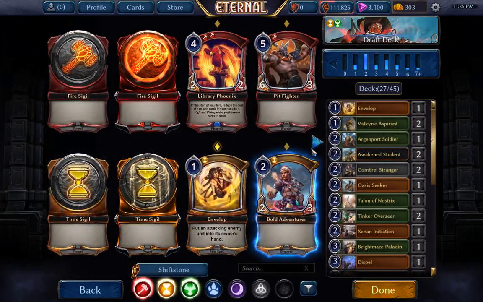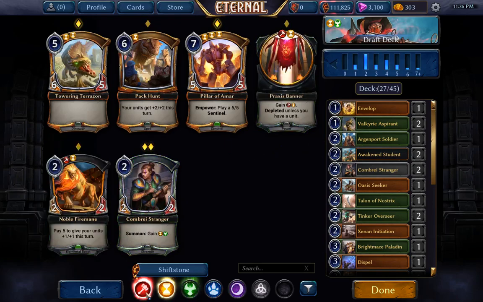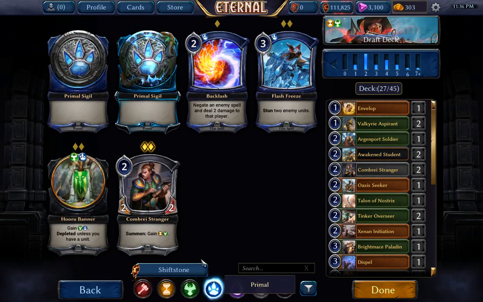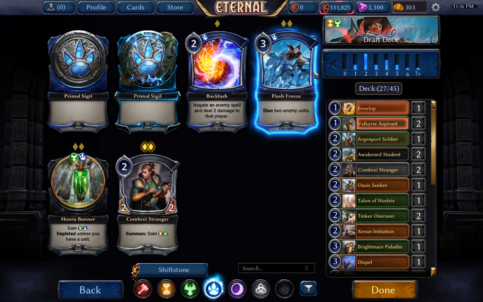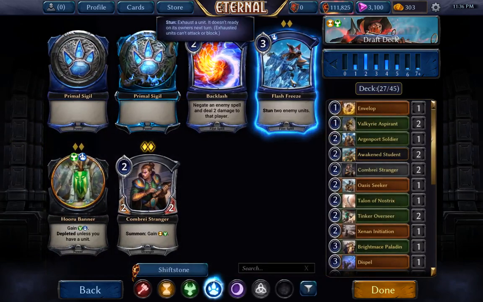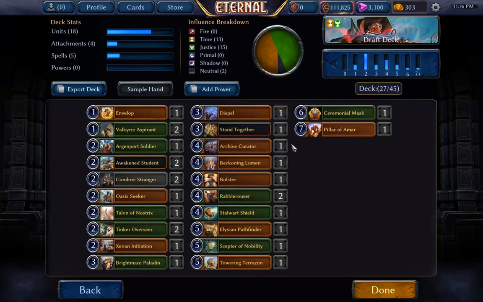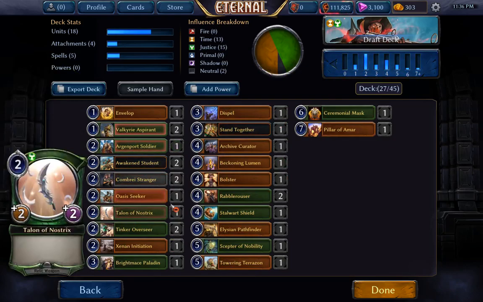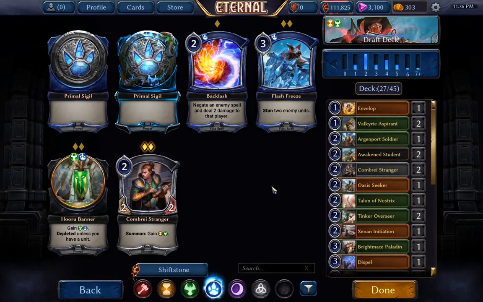Yeah, alright. In this case, we drafted a lot of... Oh, actually, we have 2 Horu Banner here. That makes splashing Flash Freeze really easy. Oh, you know what? I didn't think about this, but this could be the trick that we need to finish the game. Like, if we cut our 7 and 6 drops, put in all our 2 and 3 drops, and then just have 2 Flash Freezes in our deck to basically...